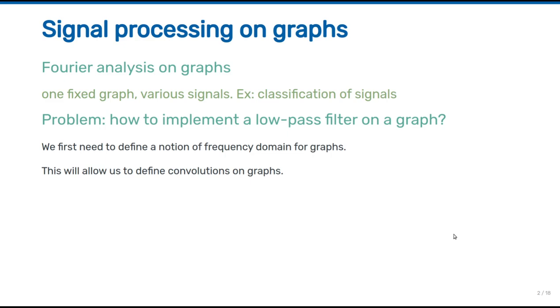And once you have Fourier analysis on graphs, you can define convolution on graphs. And you will see that here, contrary to the typical convolution that you are doing on the grid, where you definitely need to have the notion of pixel being on the top or bottom or left or right of a given pixel, here, with no such indication at all, because you have a general graph, you are still able to define convolutions.